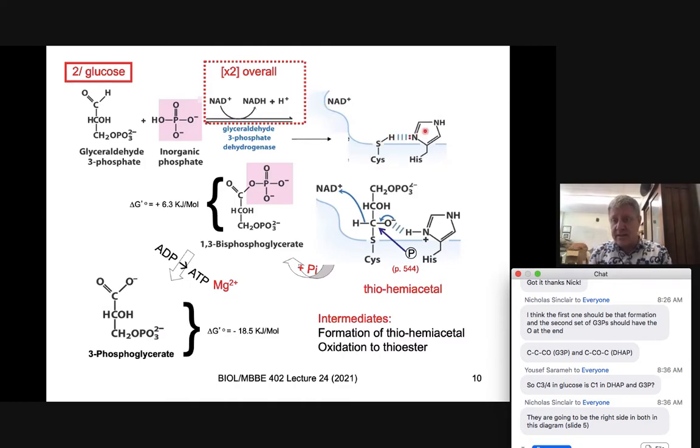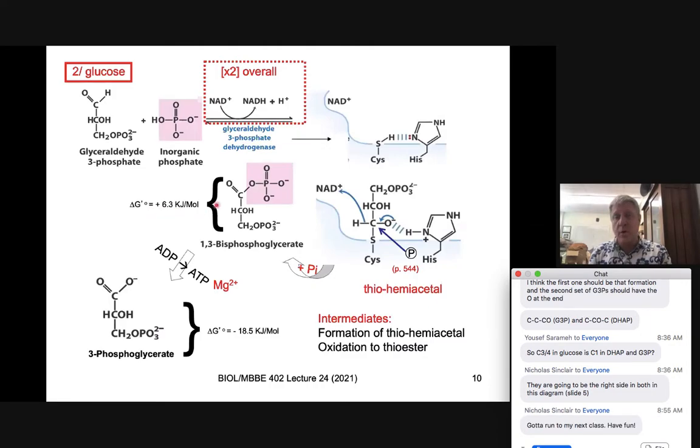We're going to have a histidine and a cysteine being coordinated in regards to allowing the substrate, the glyceraldehyde 3-phosphate, to actually first bind to the cysteine and coordinate with the histidine to move those particular electrons and allow us then to transfer those electrons and those protons to the NADH. And in this case, we're going to see positive 3.6 kilojoules per mole to get to that particular reaction to produce the